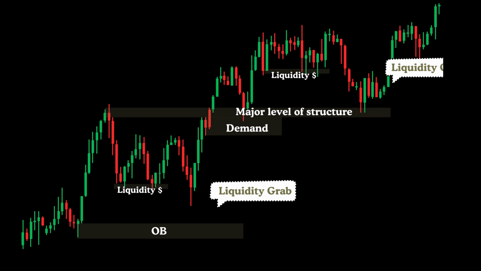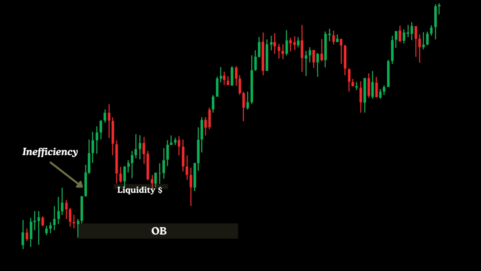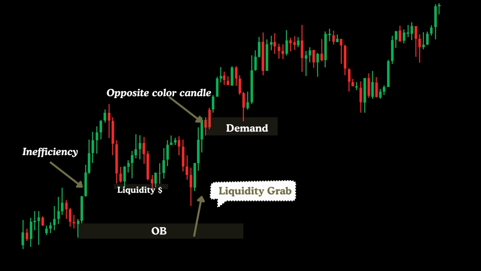This is how we differentiate between significant supply and demand zones and areas that simply represent liquidity. Starting from the left, we saw a strong upward move that left behind some inefficiency. Ideally, we'd be watching for price to retrace and fill that gap, allowing us to place orders within the order block zone. Here, an opposite colored candle formed during that move, creating inefficiency, making it a great demand area for